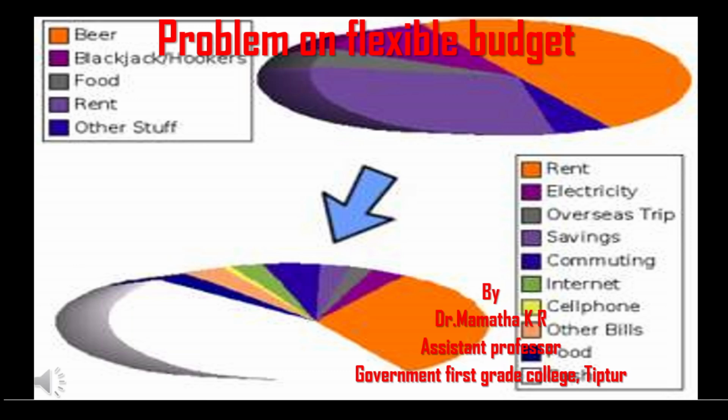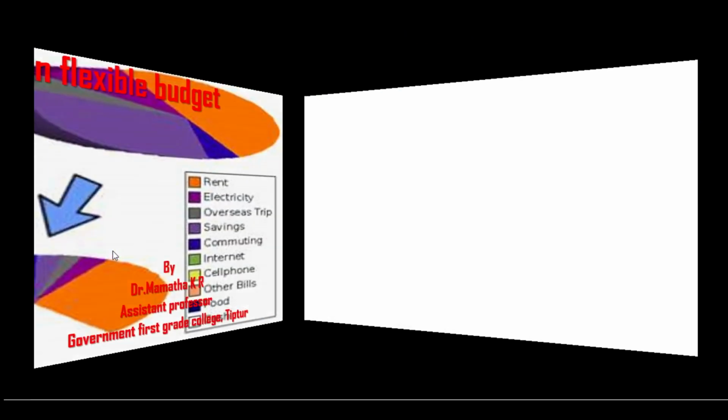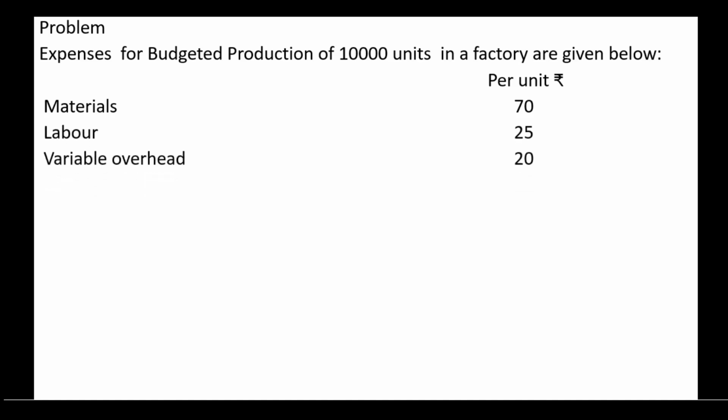So now I explain about the problem on flexible budget. This is the problem. Expenses for budgeted production of 10,000 units in a factory are given below. Per unit in rupees, materials 70, labor 25, variable overhead rupees 20, fixed overhead rupees 1 lakh, per unit rupees 10,